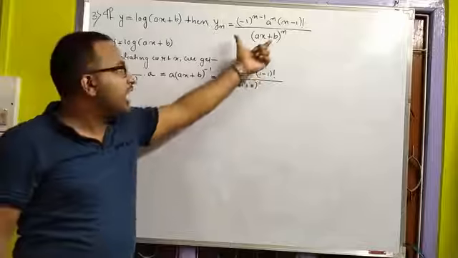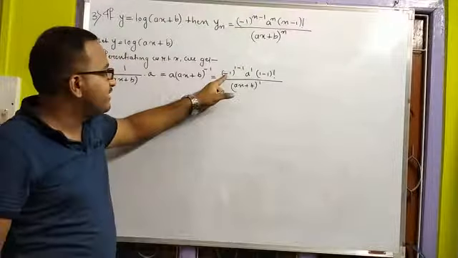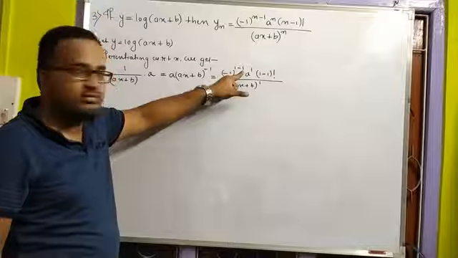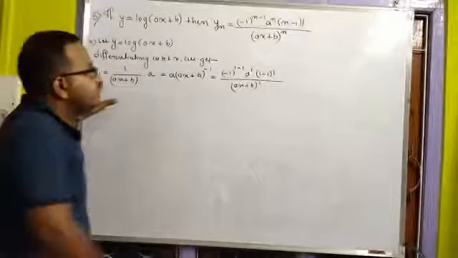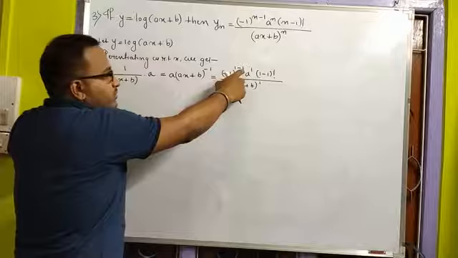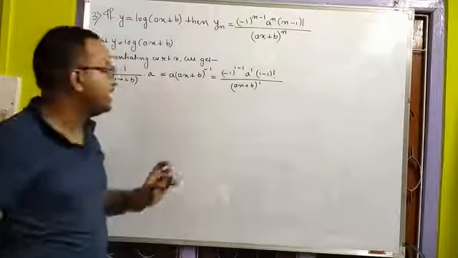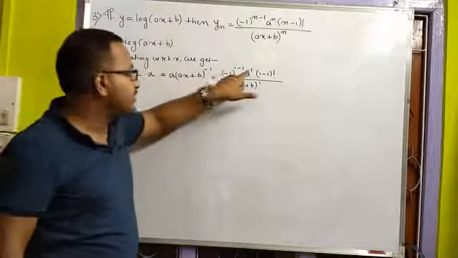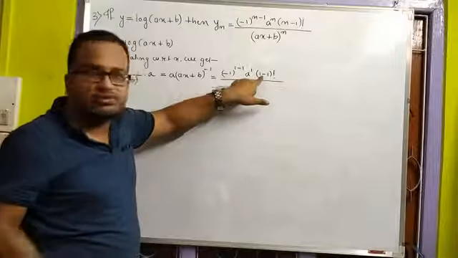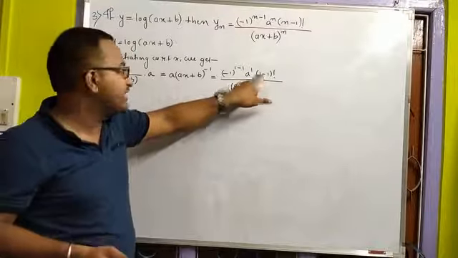That means this is how you can bring the similarity. So minus 1 is there, so I can write it as minus 1 to the power 1 minus 1, as 1 is there. As the exponent is n minus 1, as 1 is there, it will be 1 minus 1, that is 0. Anything to the power 0 is 1. Then a can be written as a to the power 1, and factorial 1 minus 1 is factorial 0, and factorial 0 is 1. So I can write it like that.